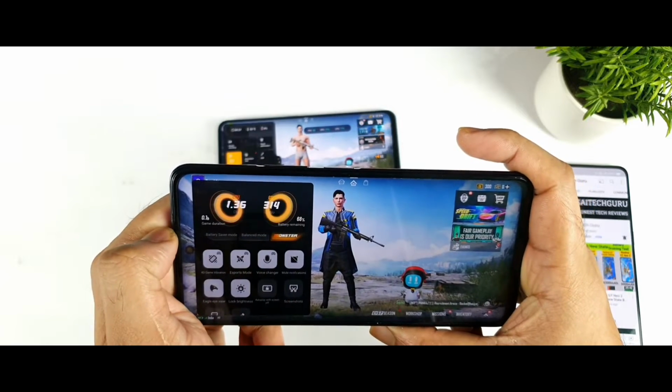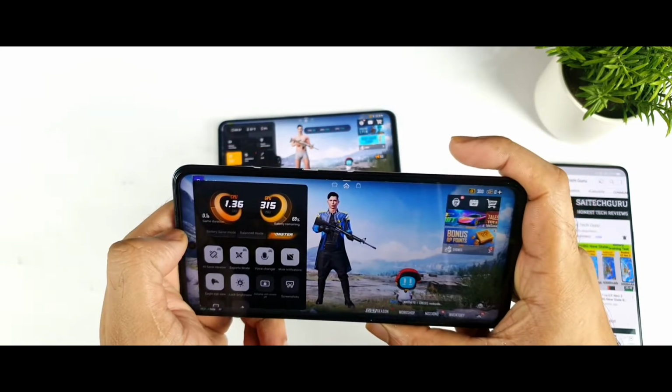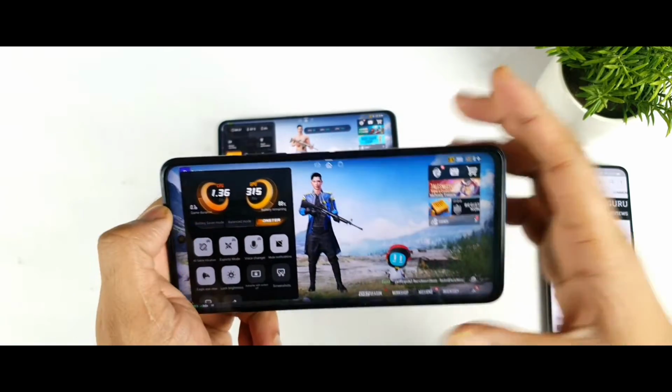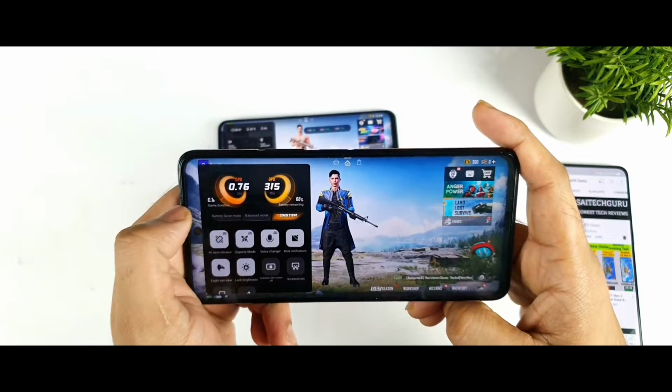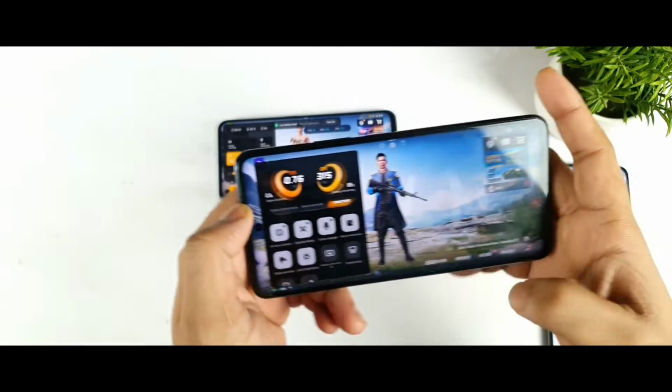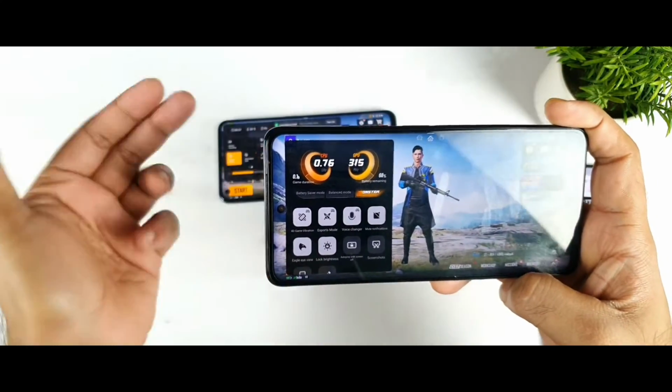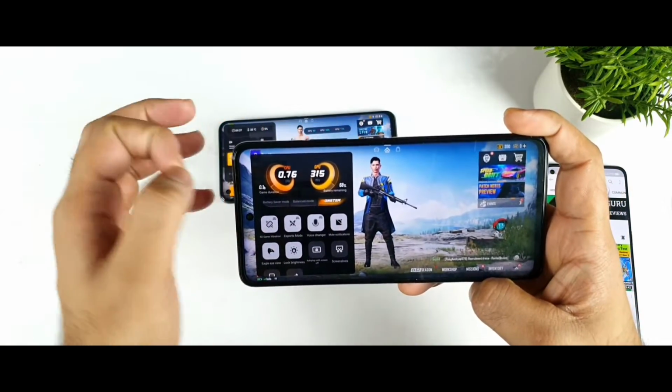If you want, you can choose the monster mode as well. You will get this kind of look. And game duration, how much time you played the game. That's also a really interesting thing. Like you can keep track, right? Like how long did you play the game? Maybe 1 hour or maybe 2 hours, 30 minutes. In this way you'll be able to keep track of the game time.